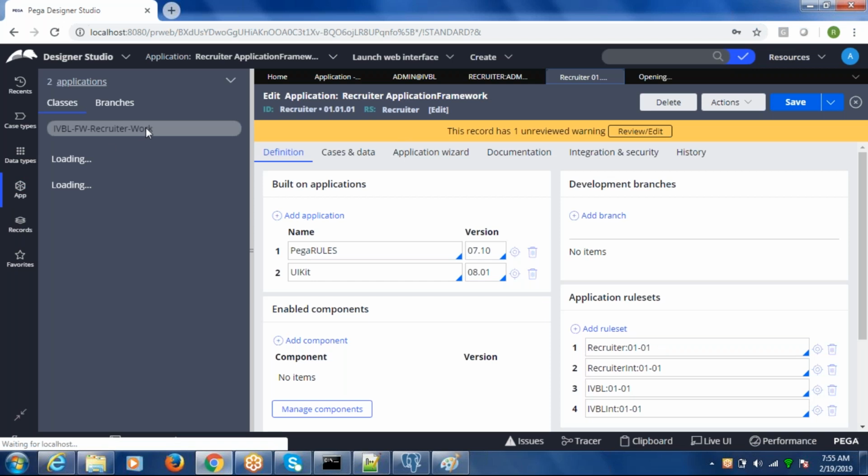So here you can see the classes that are used for this application.